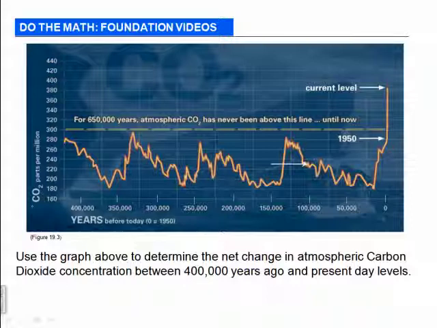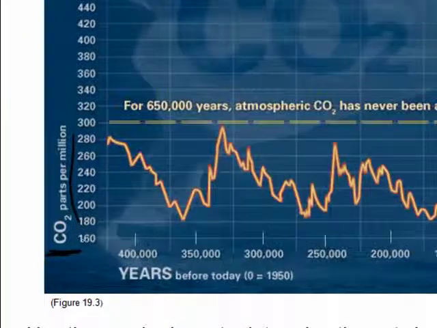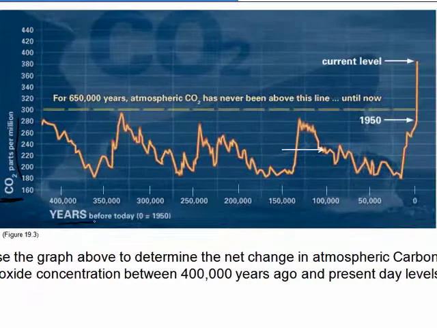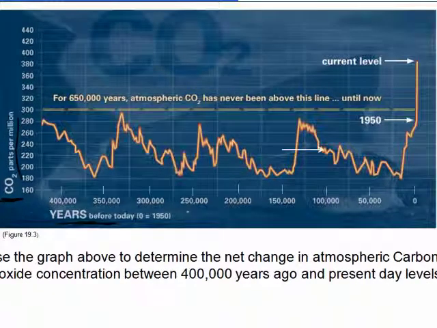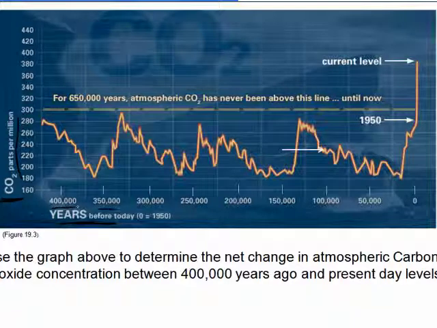If you look at the vertical axis right here, we've got carbon dioxide measured in parts per million. And then we have years down here in the horizontal axis, the x-axis if you will, and it goes 400,000 years, 350, and if you look here at the zero, it says 1950. This is years before 1950. So this graph goes from 400,000 years before 1950 to 1950, and then if you track this graph,